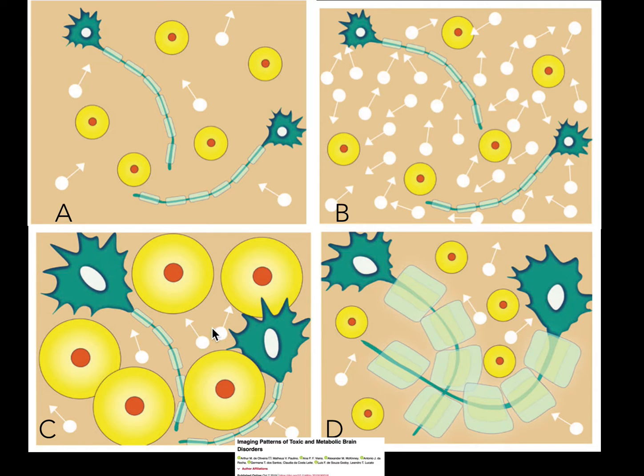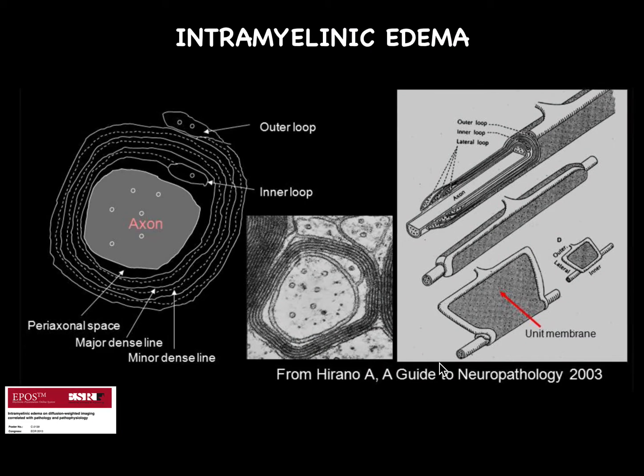And what is this? You can see the water molecules are fewer and the cells are swollen, leading to cytotoxic edema. This results in diffusion restriction because of a lot of restriction of water molecules. Here there is still persistence of free water molecule movement. And this is what we are going to speak about today, the swollen myelin sheath. Here you can see the myelin sheath is completely normal in size, and here you can see it is swollen in the entire neuron. This is called intramyelinic edema.